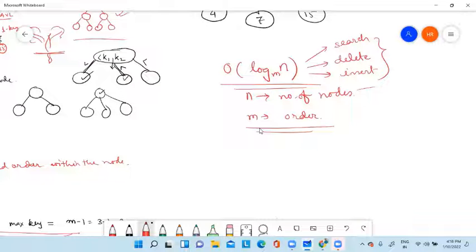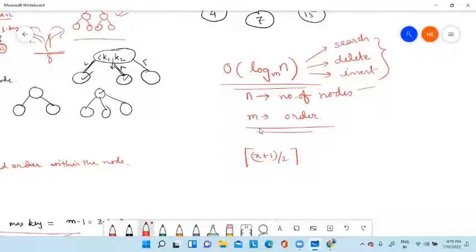If your order is even, then you have to choose the value like this: ceiling of (x plus 1) by 2. So this will give you the position of the median value.